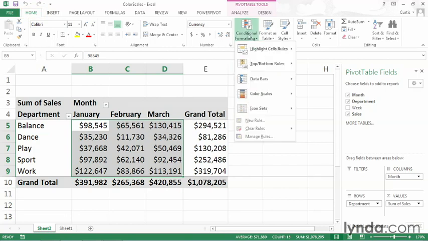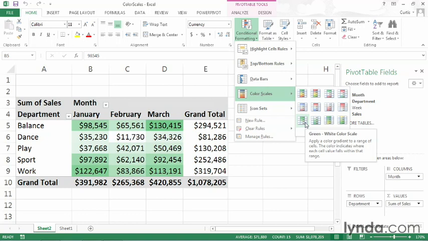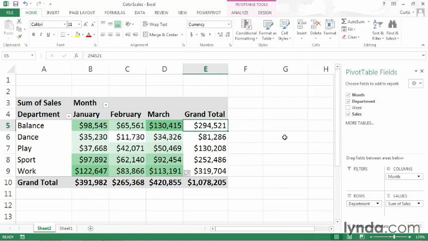From the menu that appears, I'll point to Color Scales, and now I can click the color scale that I want to use. The first 6 color scales are 3-color color scales, and the last 3 are 2-color color scales. So let's start out simple and work with one of the 2-color scales. And down at the bottom, I'll start with green and white. So I'll click that from the palette and click outside of the selection so that you can see it without